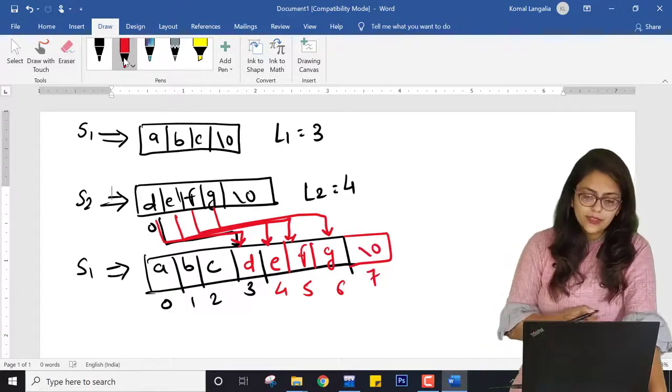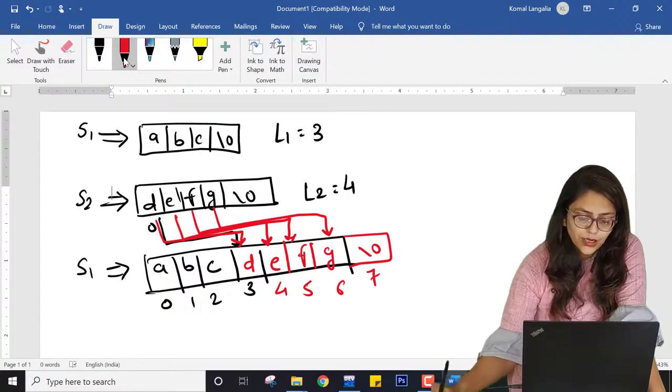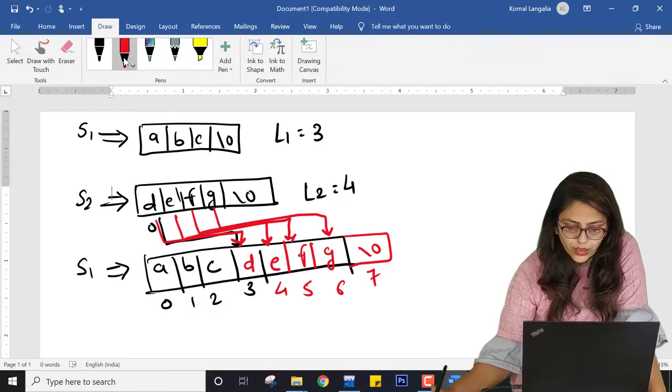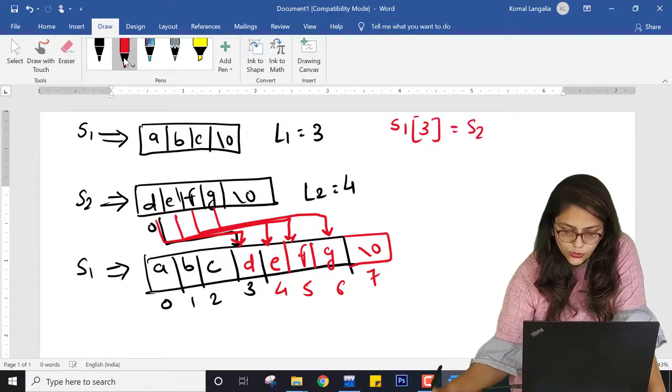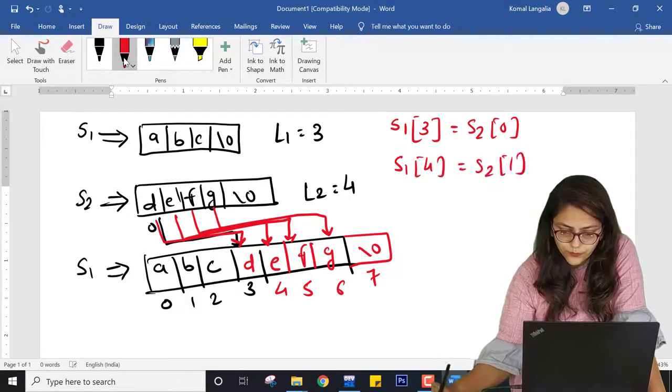I hope you guys are understanding. So here what you can see, I am doing S1 of 3 equal to S2 of 0. S1 of 4 equal to S2 of 1.